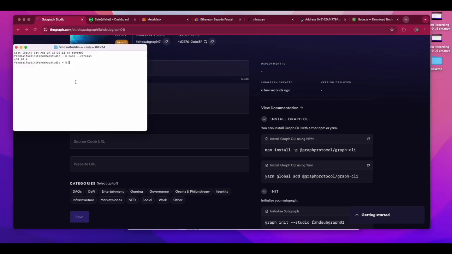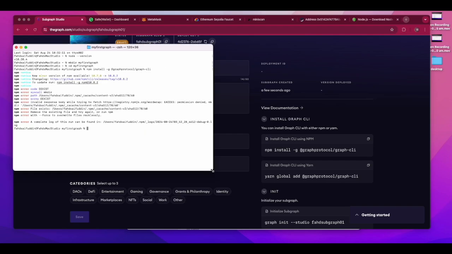So I'll go back over here and I'm going to create a new folder. All right, so let's go into this folder, and here I'm going to simply type the command, depending on the internet speed. Let's see how we go. Okay, so we've got some error. Let's quickly read. Okay, so it's got some permission access error,